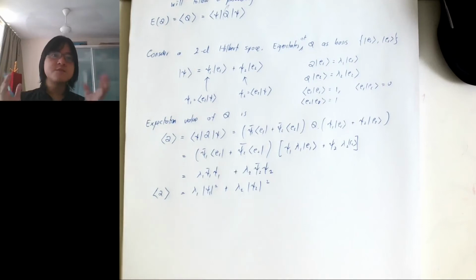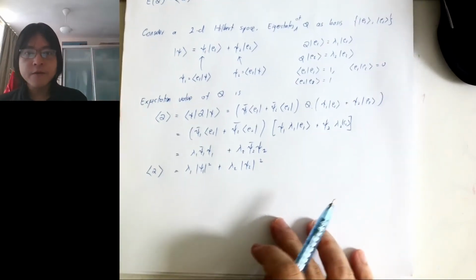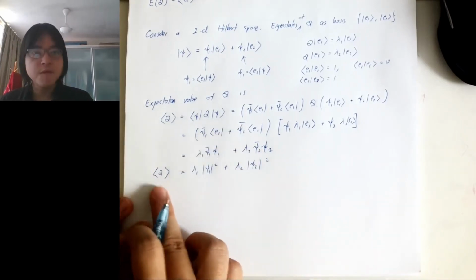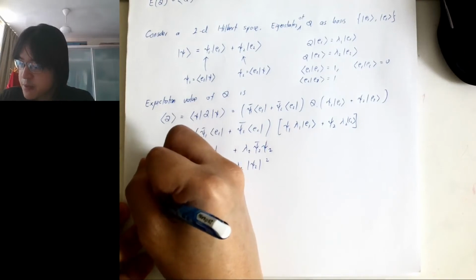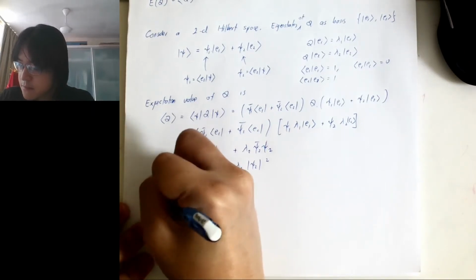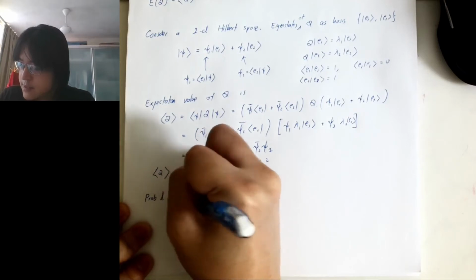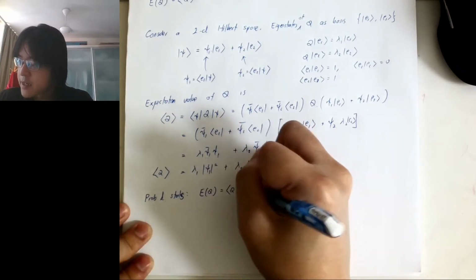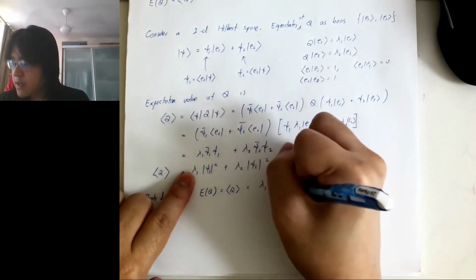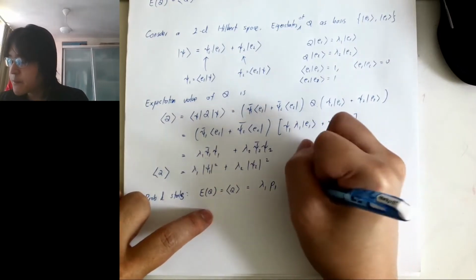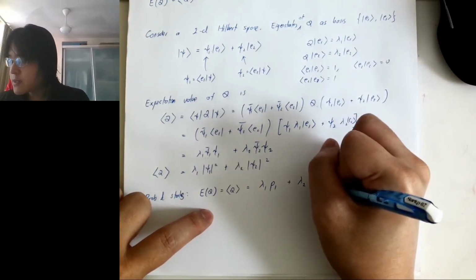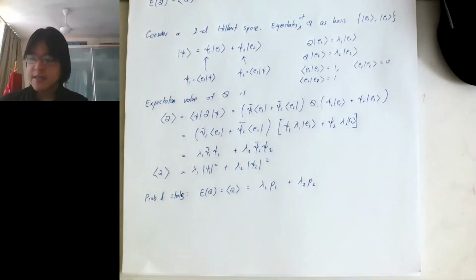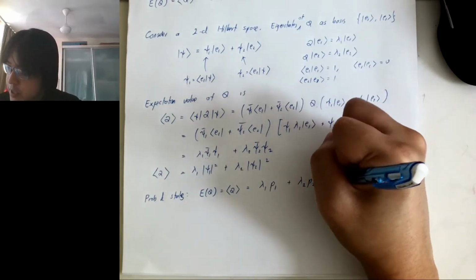But then this is where we make a realization. When you learn probability and statistics, the expectation value of Q is the value that I want to calculate times the probability of this happening, and then the value that I am calculating for case 2 times the probability of this happening. So if I compare these two equations, we conclude that